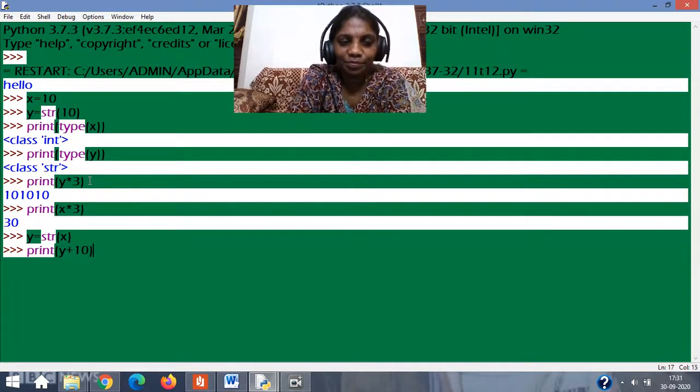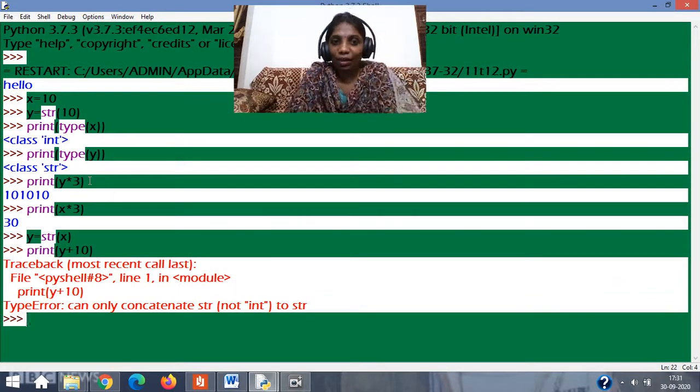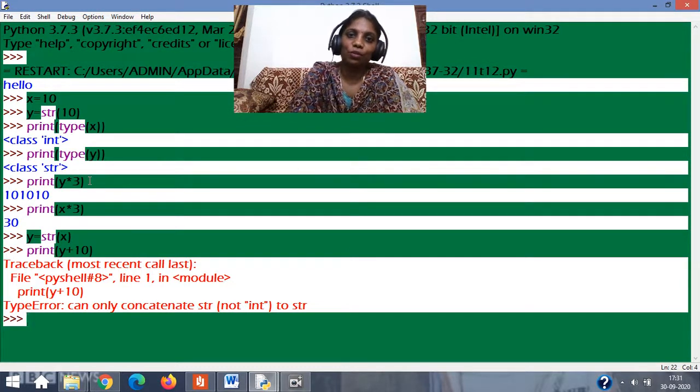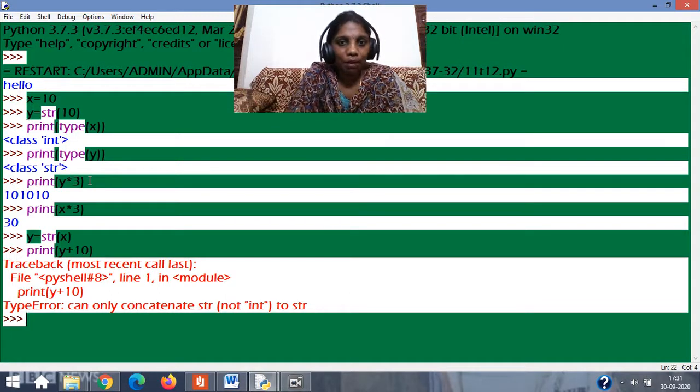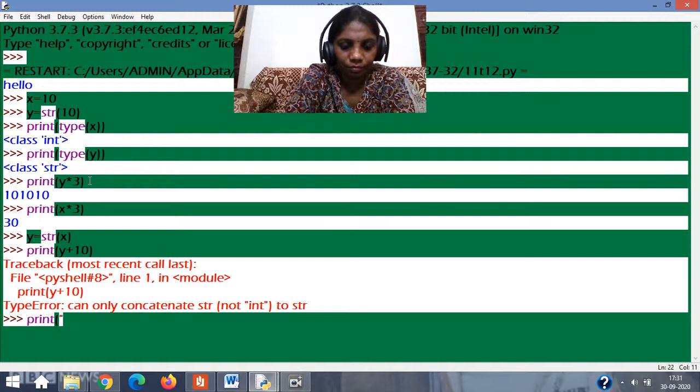y plus 10, it will show an error. Why? Because already this str is converting that to a string type. Which I have told in the previous videos, that using a string I can only multiply. That is, I can produce more display, but I cannot add a string, isn't it? Just like this is going to show you an error. Now this becomes a string. This is what is happening internally.